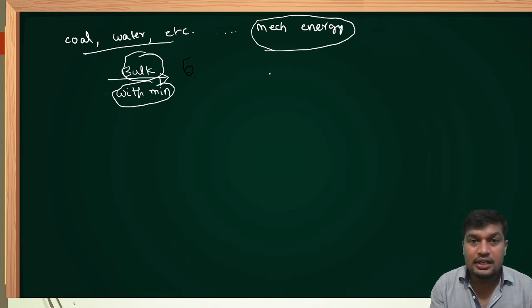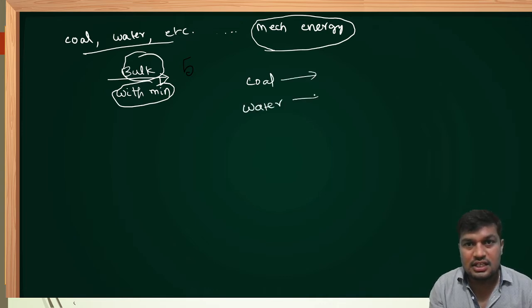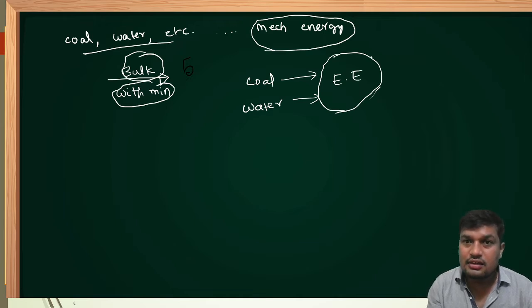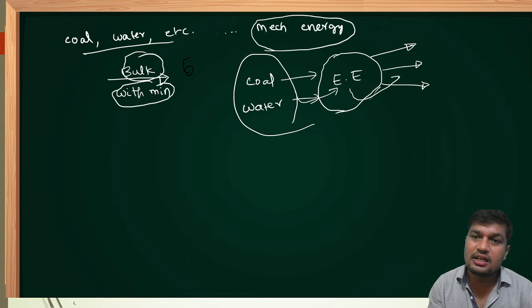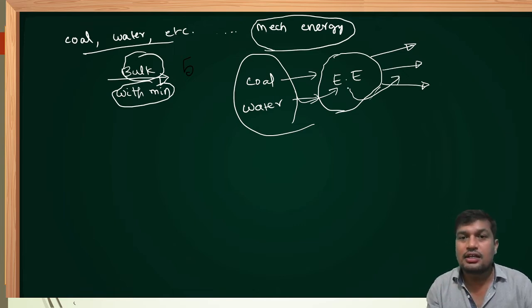And the second important point is that coal, water, biomass, whatever, all these energies can be easily converted into electrical energy. Once again, we can get any other energy from electrical energy, right? Any energy can be converted into electrical energy. Once again, electrical energy can be converted into any other energy. The interconvertibility of energy is possible only through the medium of electrical energy. Because of this advantage, this world is looking to electrical energy compared to mechanical energy, right?